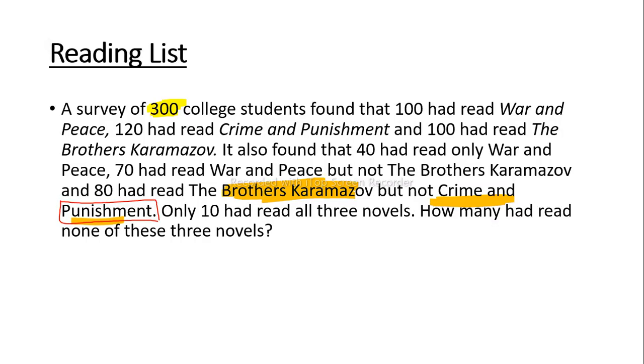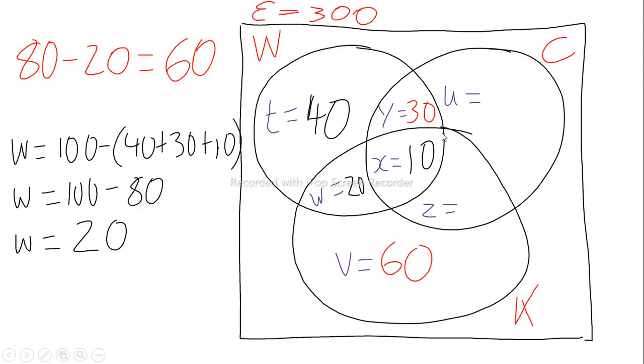Okay, so how many in total read the Brothers Karamazov? 100. So 100 read the brothers. Based on that, someone tell me what Z is supposed to be, if you know that 100 read the brothers. 10. How did you get that? Because if 60 only read the brothers, and then